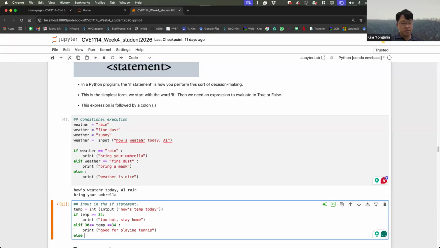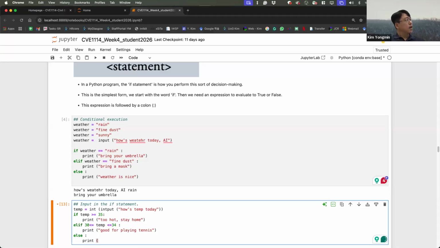Otherwise, print, it means that the temperature is less than 30 degrees, right? Let's say now it's 36, it's too hot. Now it's 33, good for playing tennis. And then now 28, wow, it feels very cold.